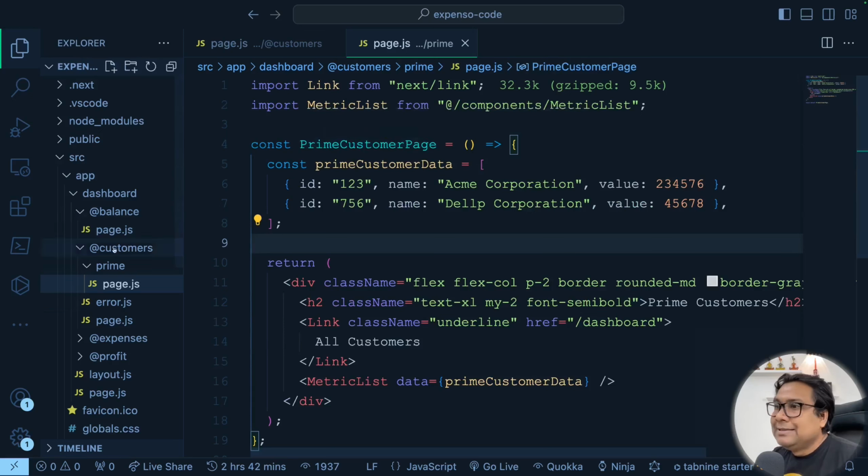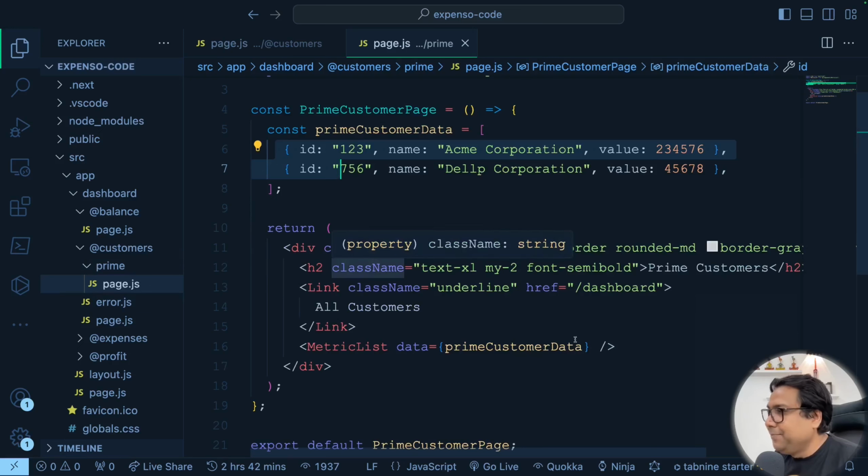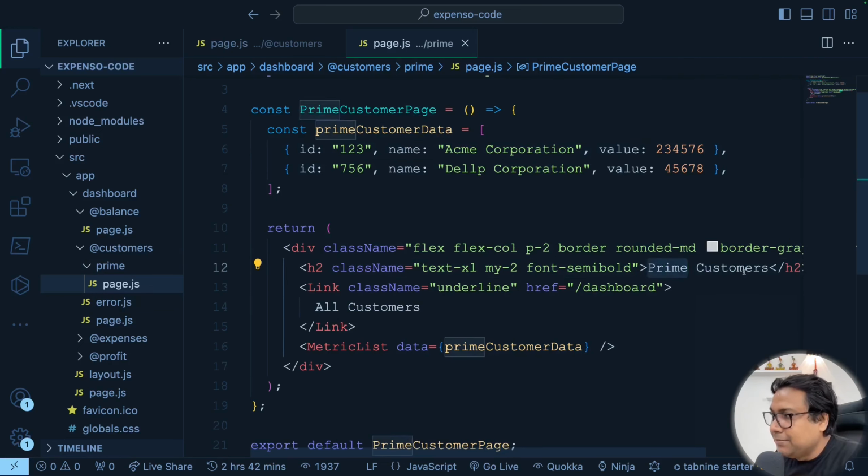So here it is, the same page under prime. Here I've taken just two random customers. Exactly the structure is same. Instead of all customer, I'm saying it is a prime customer. I have added another link called all customer, and now I'm going back to slash dashboard. That's it. Before I was passing the customer data, now I'm passing the prime customer data, because that's how I've